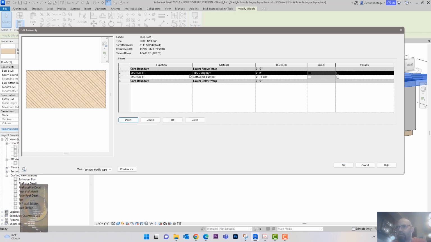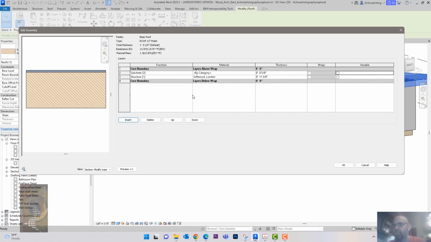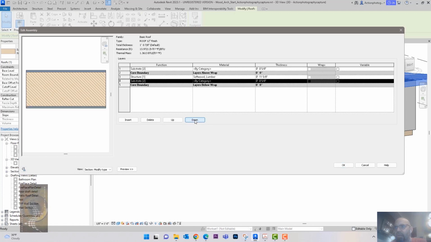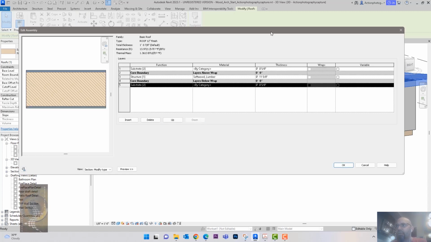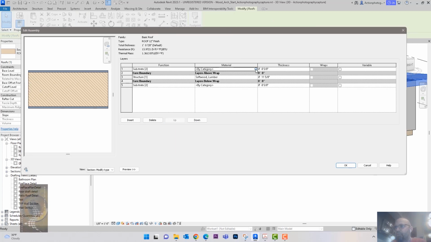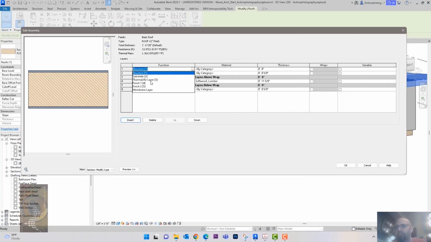So same thing again, I'm going to change this, and I'm just going to add some substrates, 5/8 inch. I'm going to add some more substrates, 5/8 inch. Okay, so this one, substrate. And remember, you always have to have everything outside of the core boundary. Revit will let you get away with that, but if you're doing any structural calculations or anything like that, you're going to be in trouble. Okay, so insert, do finish,